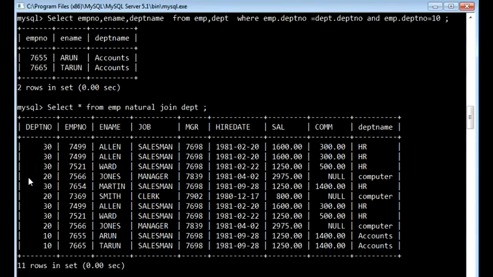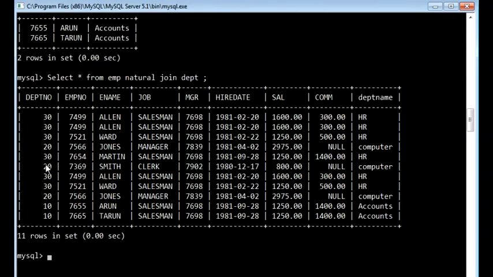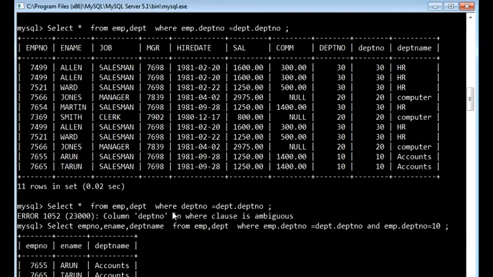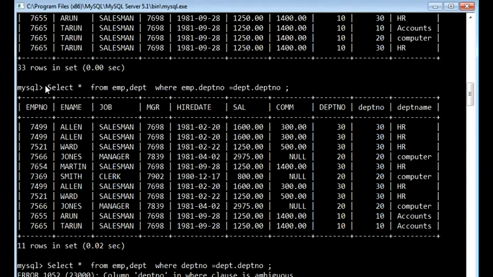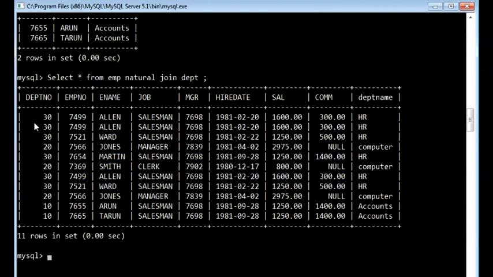See, all the columns of the first table are joined with the second table, and based upon the equality condition the number of rows have been displayed. Here you can see the difference between your natural join and equijoin. The result is the same. All the 11 rows, the same 11 rows have been displayed. See here, this is the output of an equijoin where you can see 11 rows. This is the output of your natural join where you can see the 11 rows.